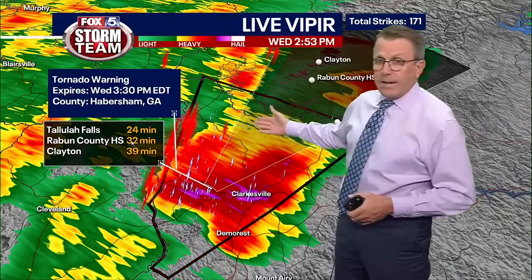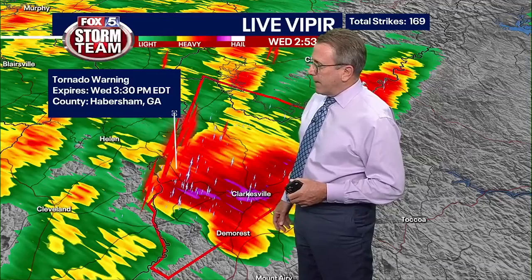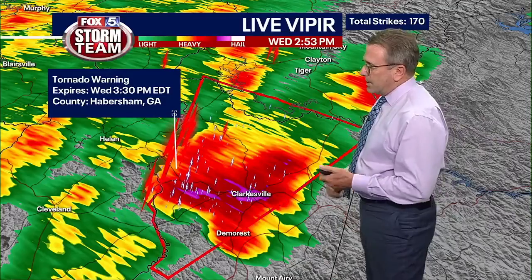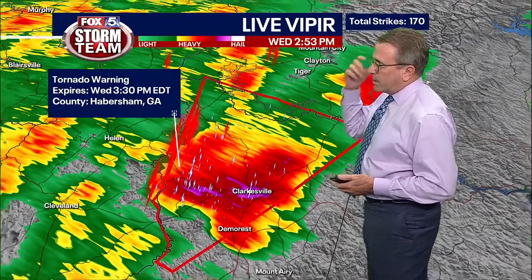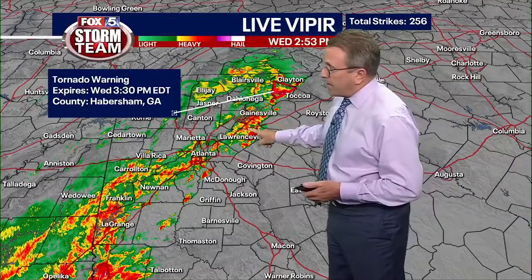It's probably raining like crazy up there right now, but as far as the area that is of concern, the severe part of that thunderstorm, it's going to take a good 24 minutes to get there. Raven County High School, I think it said about 32 minutes as well. So again, that is moving to the east at about 30 miles per hour. So eventually up toward Clayton, maybe up to around the Tiger area, and then extending farther down to the south